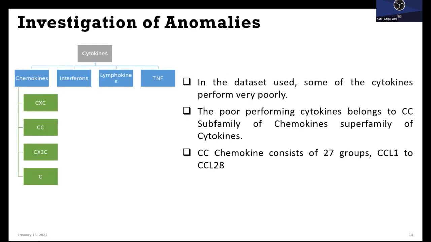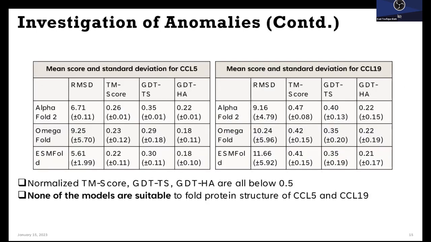Now, in the dataset we use, some of the cytokines perform very poorly. The poor performing cytokines belong to the chemokine subfamily of cytokines. The chemokine subfamily also consists of 4 subgroups, in which all of the poor performing cytokines belong to the CC subgroup. Now, the CC subgroup contains 27 groups, CCL1 to CCL28, and we ran another benchmark for every one of those groups, and it was noted that CCL5 and